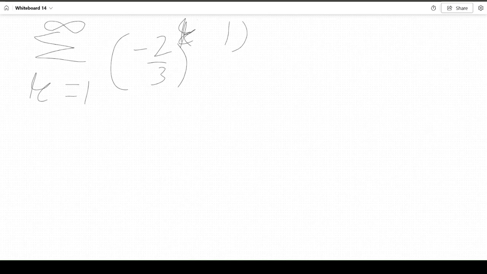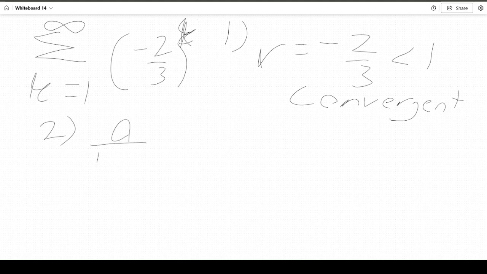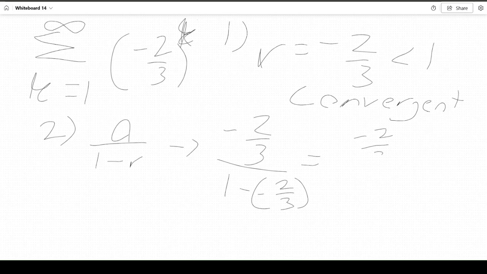So here we have another example. This is less than 1, so this is convergent. And our second step is just to do the equation. So the a is not going to be equal to 1 over here. The a is going to be equal to negative 2 over 3. And you're going to probably ask why. So the a has to be negative 2 over 3 in this situation, because in this situation it's negative, so this should be negative 2 over 3,